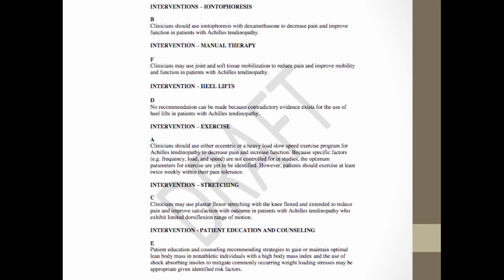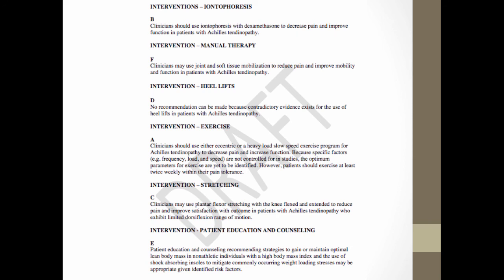different interventions that have been known to be used in this population and to try to look at the evidence of its effectiveness. So you can see here it talks about iontophoresis being a level B. Certainly, the thought is to use iontophoresis with dexamethasone to decrease pain. Manual therapy, clinicians certainly can use joint and soft tissue mobilizations to reduce pain and improve mobility. Really no recommendations for heel lifts in this population because